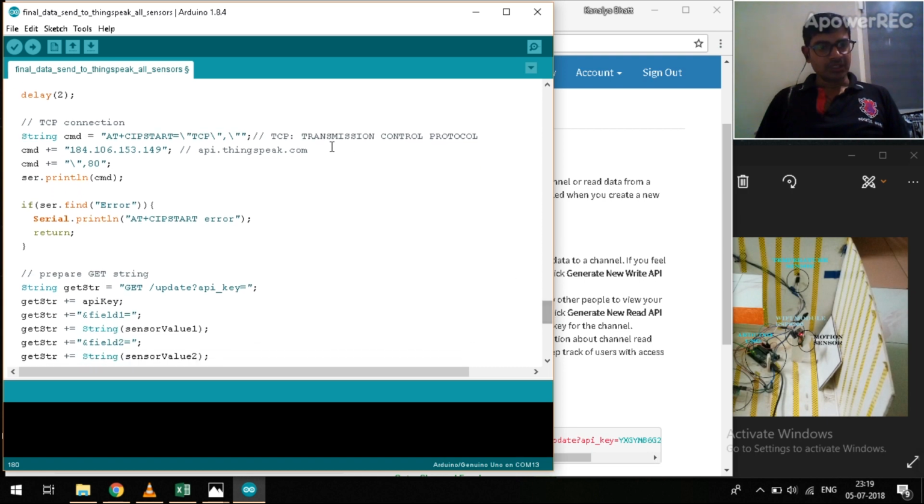And now the important thing is that we have to send all the data received from the Arduino Uno to the server. So we require TCP, Transmission Control Protocol. So we have to give a command to the Wi-Fi module, AT plus CIPSTART, that means it starts the TCP, and CMD plus is equal to